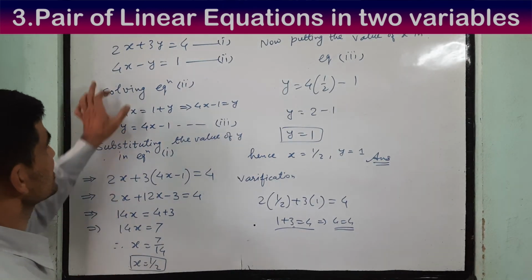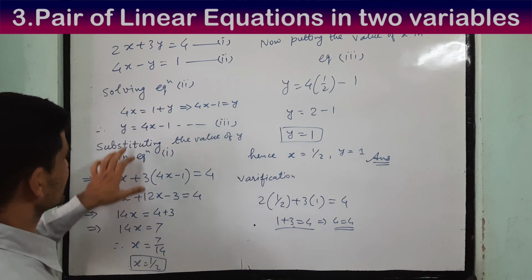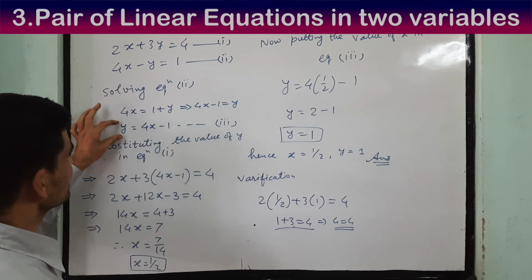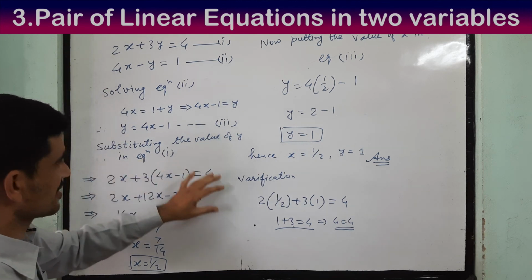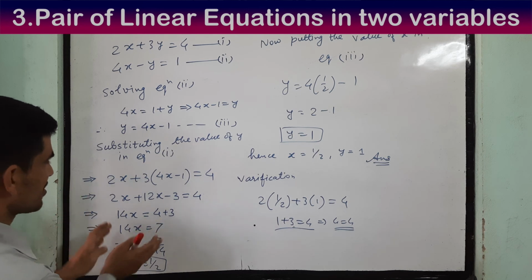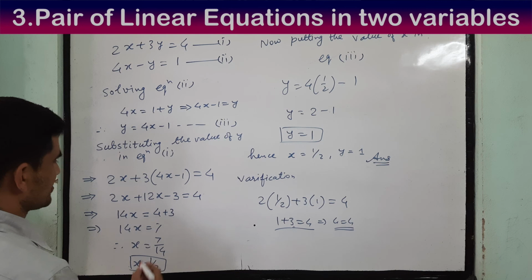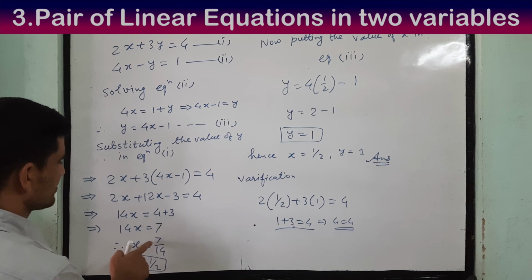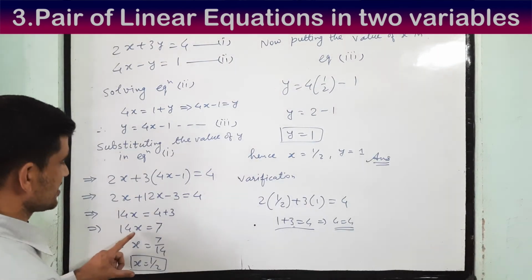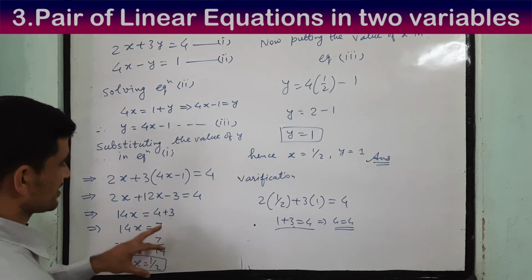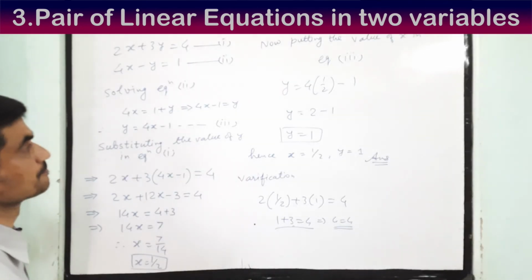See what we did, we solved the equation number 2 and we got the value of y in terms of x here, y in terms of x. Then we substitute the value of y in the first equation, and on putting in first equation we got the equation in a single variable, that is x only, and we got x equal to 7 by 14. Okay, not 14 by 7, just see, on the right hand side we have 7 divided by 14, so we got x equal to 1 by 2.